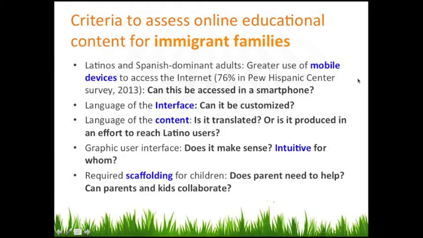So the first bullet point is a trend that we have seen in large data reports, but also that I've seen in the community I work with: mostly people will access the internet through mobile devices. And this is a very high percentage. In the community I'm working with, paying for a bill to have internet in your house is one more bill, and many people are not willing to spend that amount of money.